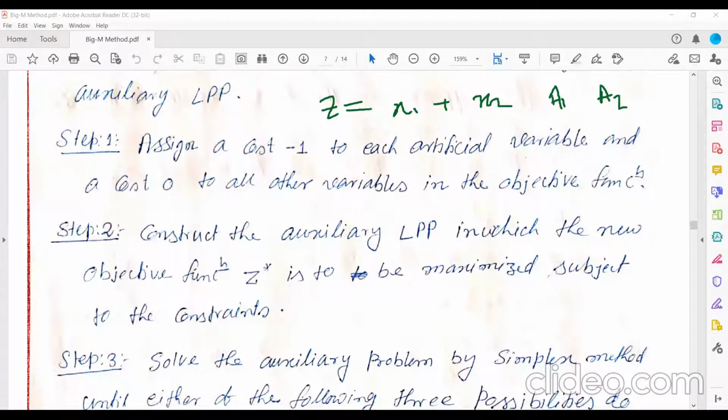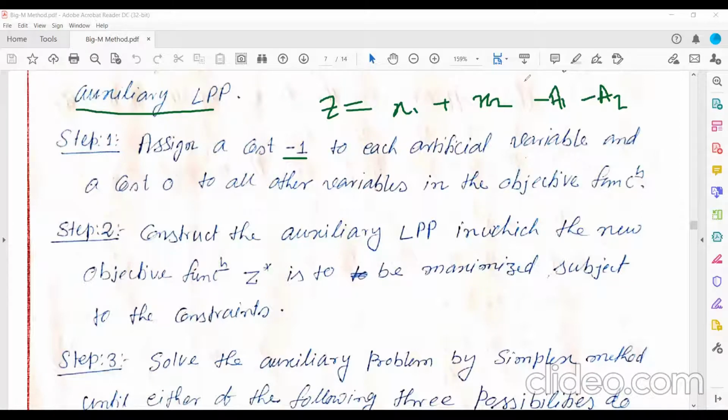Then to construct the auxiliary LPP, you need to assign a cost -1 to the artificial variables, so here -1 and here also -1.